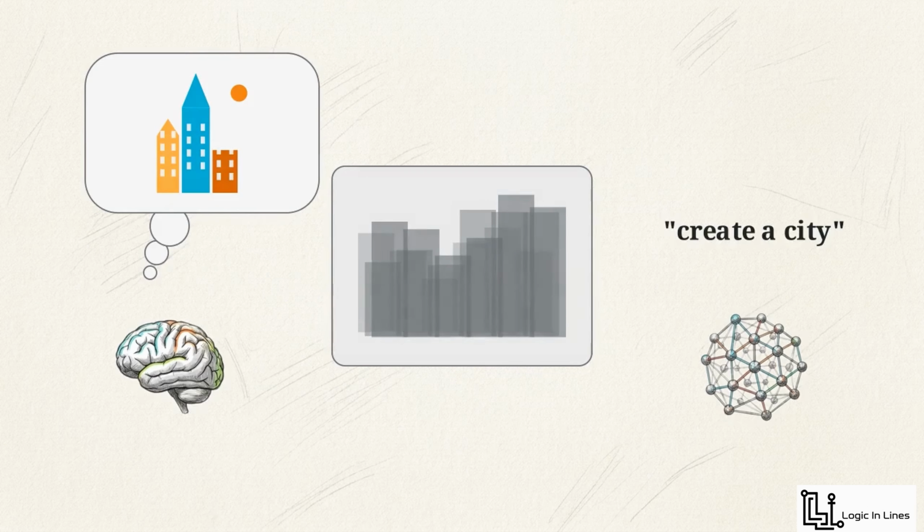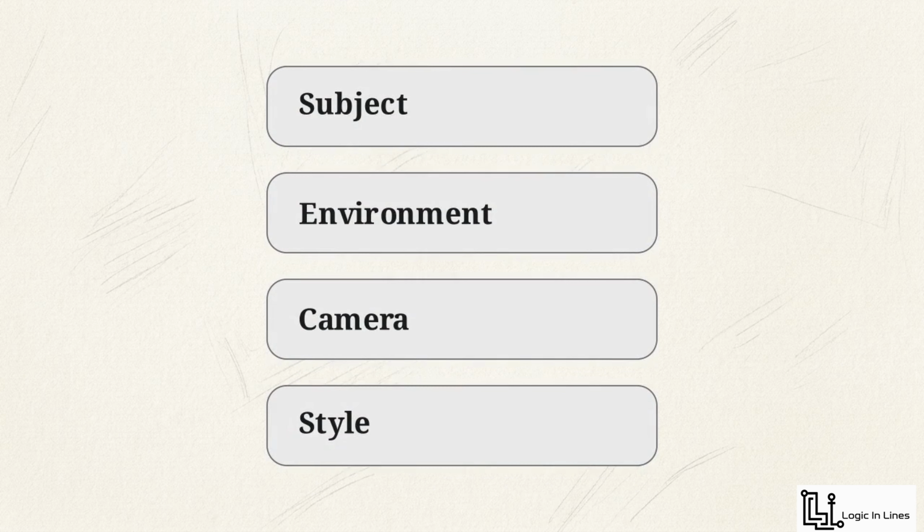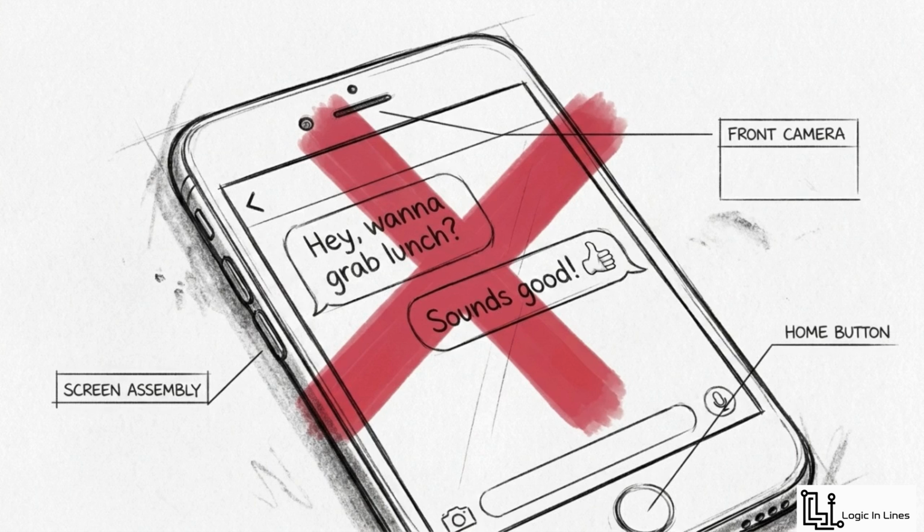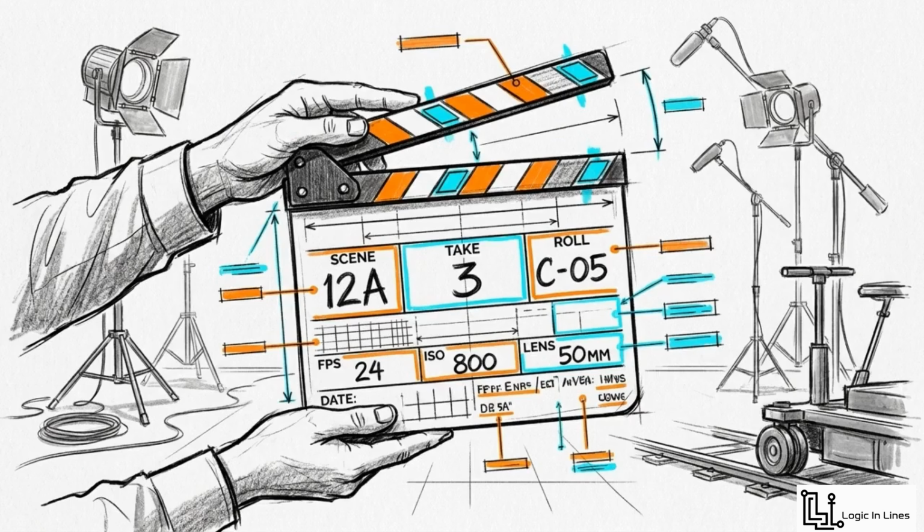To eliminate that guesswork, you need to structure your input. Every prompt should explicitly answer 4 variables. What is the subject? Where is the environment? How is it captured? And what is the style? Stop treating the generator like a chat window. By shifting to a rigid framework, you stop hoping for a good result and start directing the system to execute